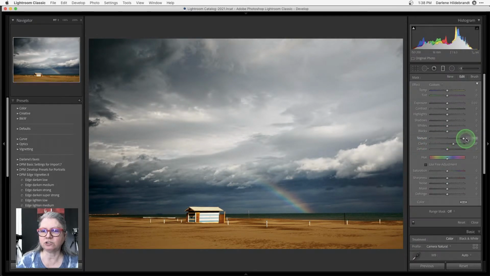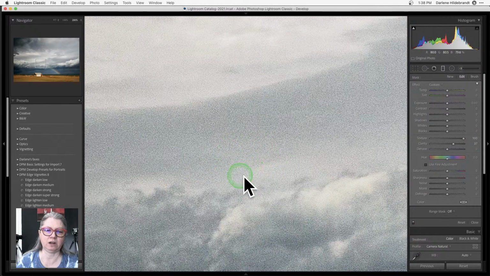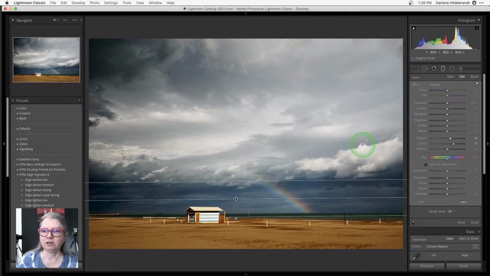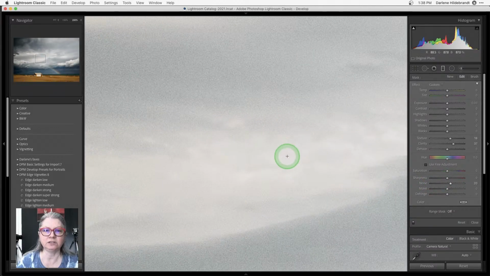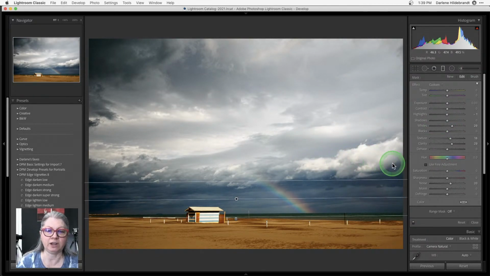Be careful with the texture slider, because when you use texture you end up with a lot of grain as well. So I'm going to keep the texture slider down. I could even put some denoise in there a little bit. So I'm denoising the sky. Okay, that's not bad. But the clarity has really done a nice job of bringing those clouds out. And I might even go to highlights and increase them. So watch what happens if I increase the highlights or the whites just in the sky. It's creating more contrast in that sky area because I'm brightening the whites.